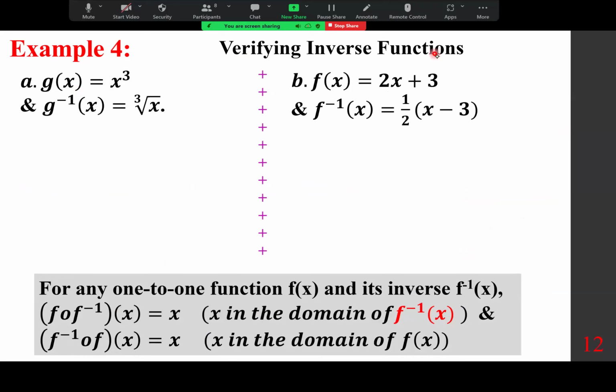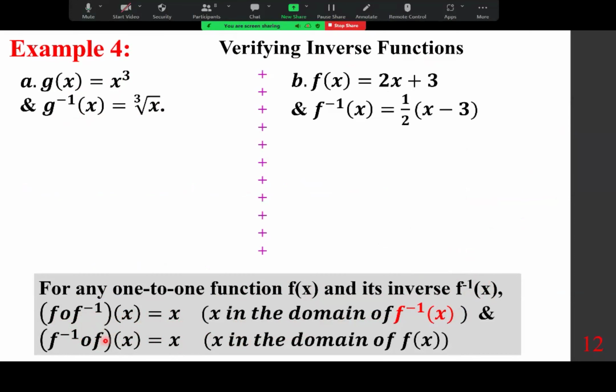Verifying inverse functions, where g of x is x cubed, we want to verify g inverse of x is the cube root of x. For any one-to-one function f of x and its inverse f inverse of x, f of f inverse of x is x, and f inverse of f of x is x, with x in the domain of f inverse in this case, and x in the domain of f of x. So in other words, their composite function